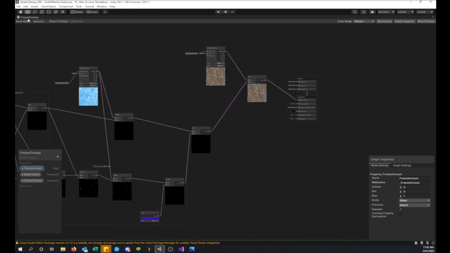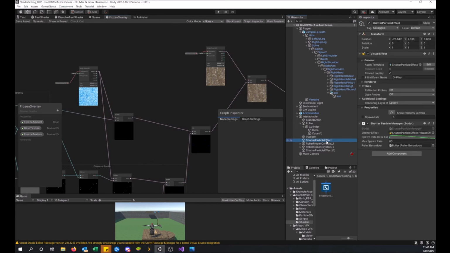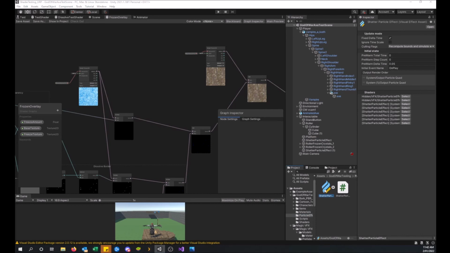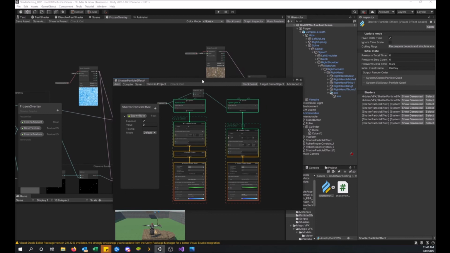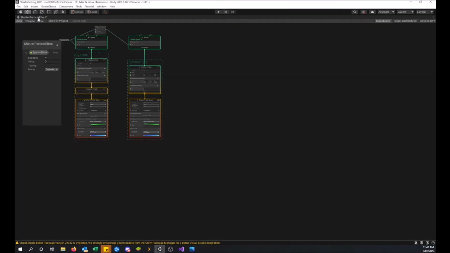Alright, so the only other thing that I have to really show is the particle effect. For the shatter particle effect, we have a visual effect graph. Let me just open that up. For the particle effect, it's a combination